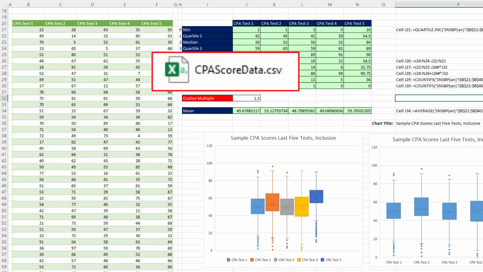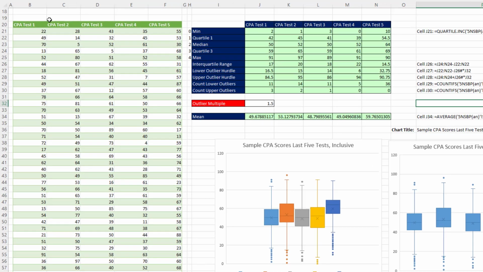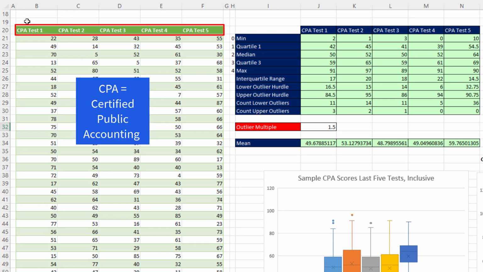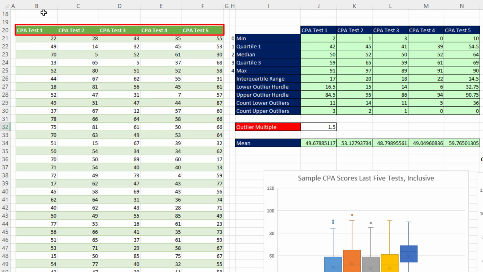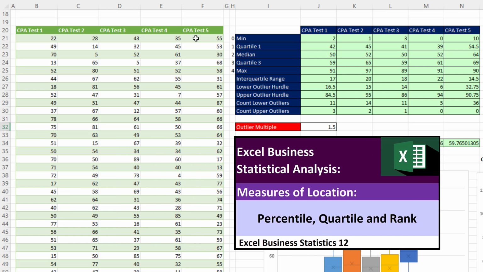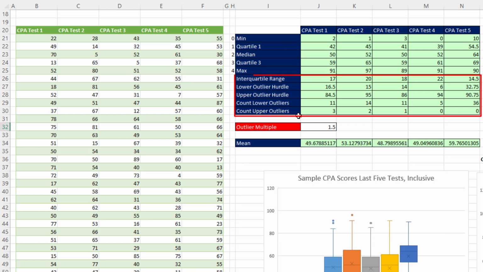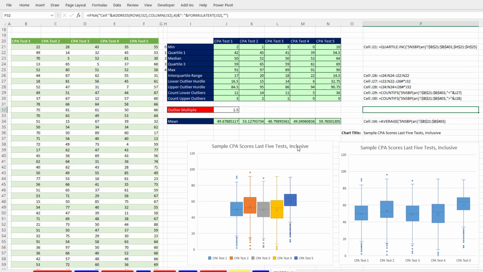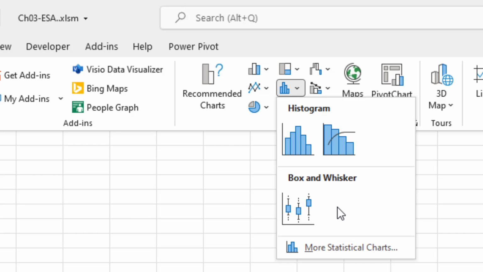Now in this video, you're going to be given CSV data that you need to import. And this data contains CPA Certified Public Accounting test data. And there was test number 1 to 5. Now back in video number 12, you learned how to create a 5-number summary, which we're going to do here based on the CPA data. We'll make a few other calculations, and then we'll create 2 different box plots using the Box and Whisker Chart